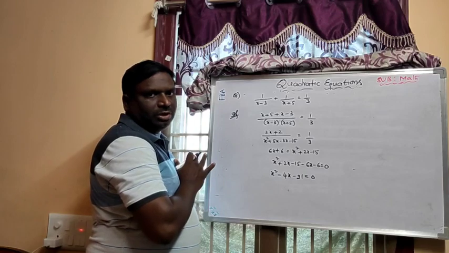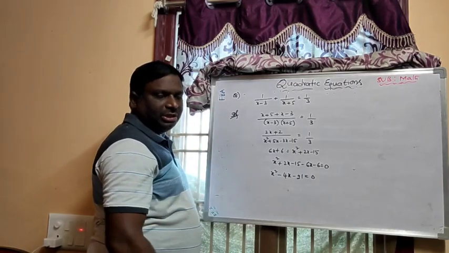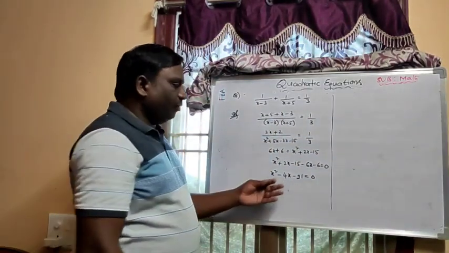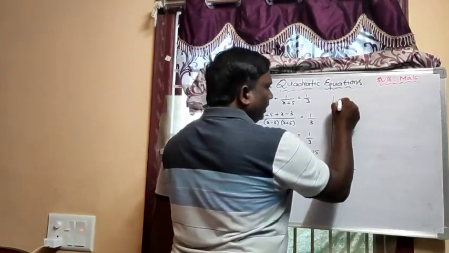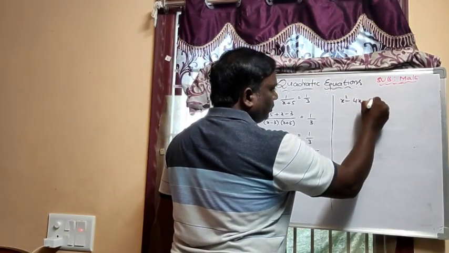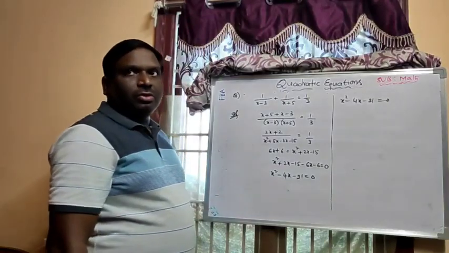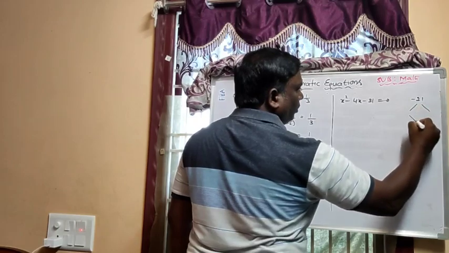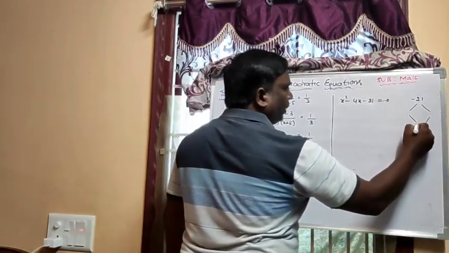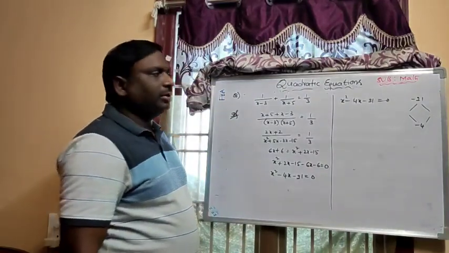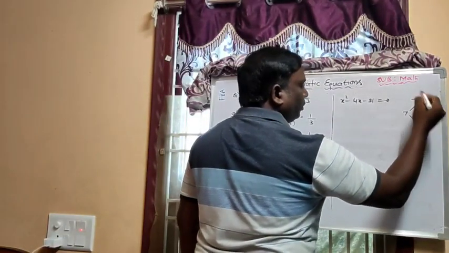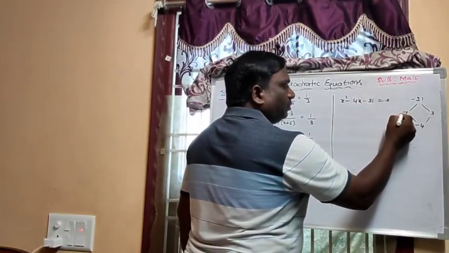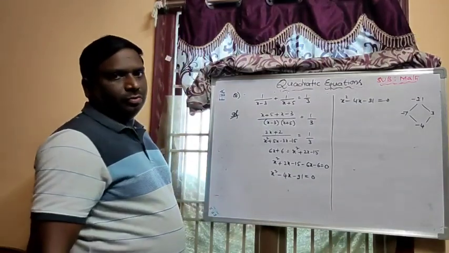So now the factorization method, completing square method or formula method, you can use any method. Better to use the factorization method, that is a very easy method, and we have been using it from 8th class onwards. So x square minus 4x minus 21 equal to 0. Now let us take minus 21 here and minus 4 here. 7 3s are 21, so 7 and 3. To get minus 4, we need to keep the minus sign for the bigger value.